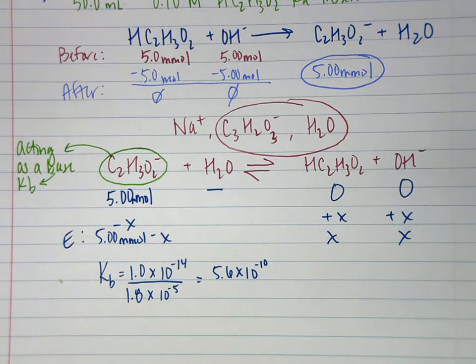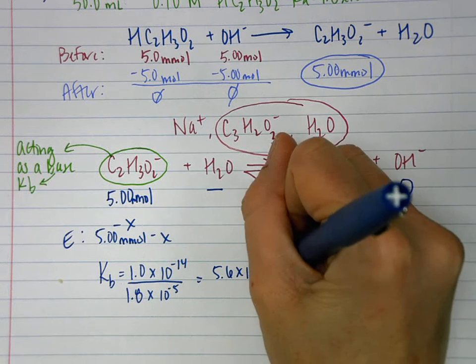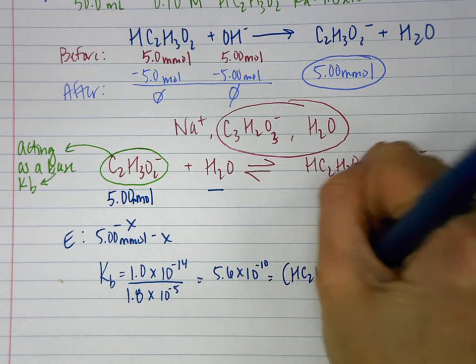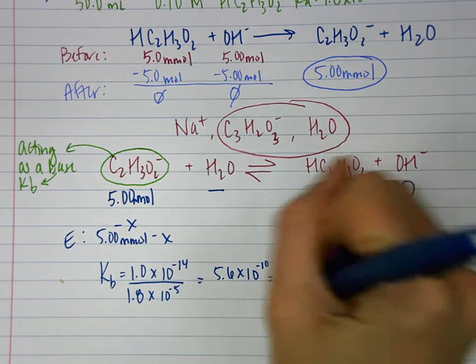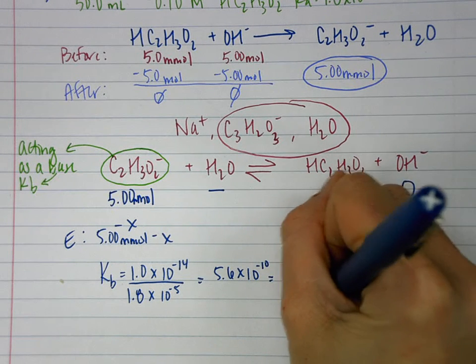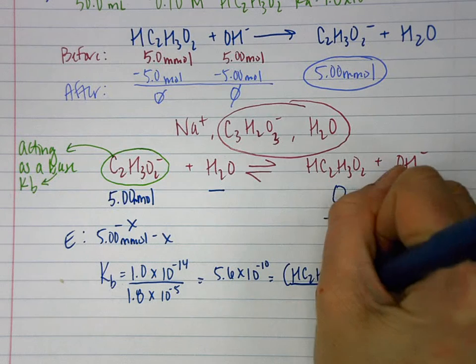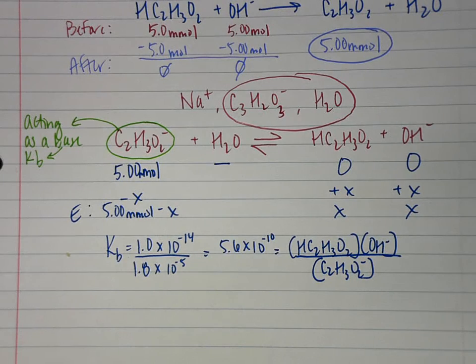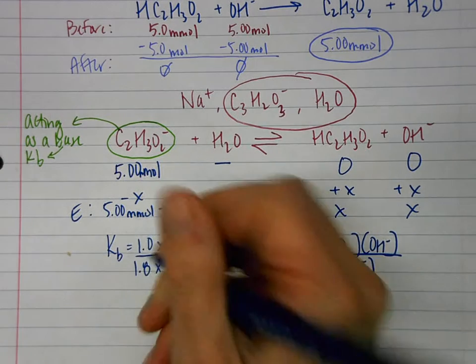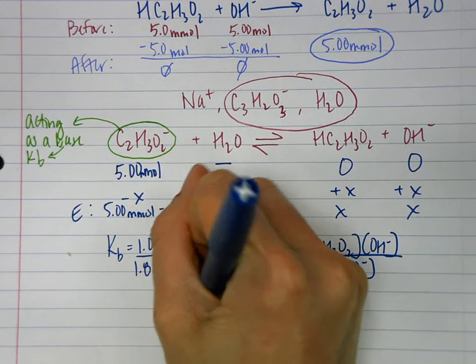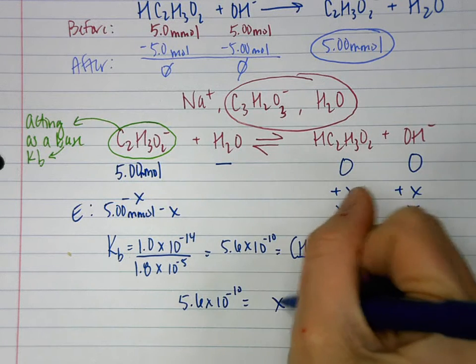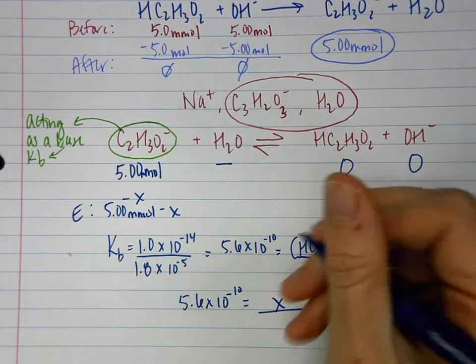Okay, and we also know that this expression equals our acetic acid times hydroxide concentration all over our acetate ion. Okay, so we're going to plug in what we know. So we have 5.6 times 10 to the negative 10 equals x squared over